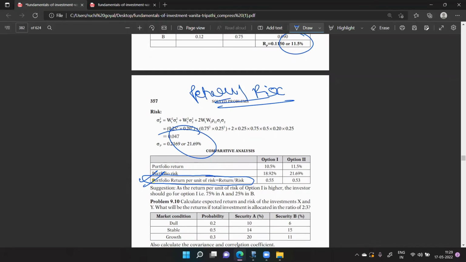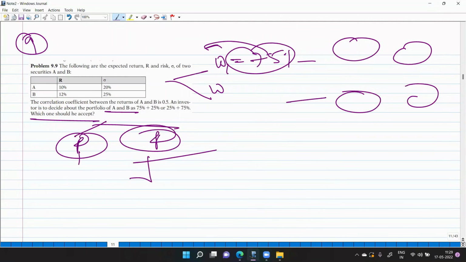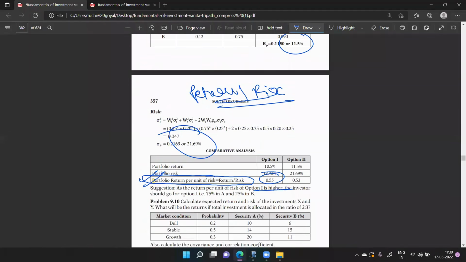ठीक है, तो किसका हायर है, ऑप्शन 1 का, एंड हेंस वी विल चूज ऑप्शन 1, दैट इज वी शुड इन्वेस्ट 75% इन ए एंड 25% इन बी। यू हैव टू यूज द सेम फॉर्मूला फॉर रिटर्न एंड रिस्क जो हम अभी तक करते हुए आ रहे हैं, दैट √ एंड द वेट इनटू रिटर्न्स। ठीक है, द ओनली न्यू थिंग वाज है कि हम एक्सेप्ट कौन सा करें, एंड वी कैलकुलेटेड द पोर्टफोलियो रिटर्न पर यूनिट ऑफ रिस्क। ठीक है, कैसे निकाला है हमने, रिटर्न अपॉन रिस्क।